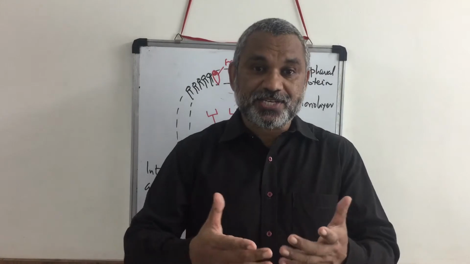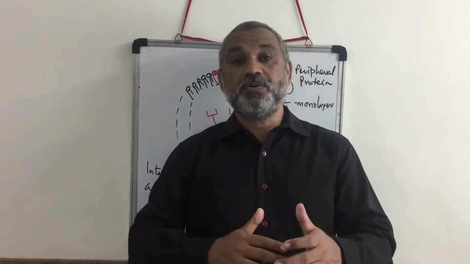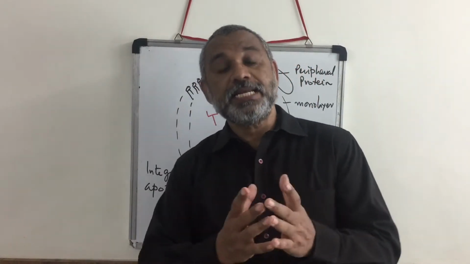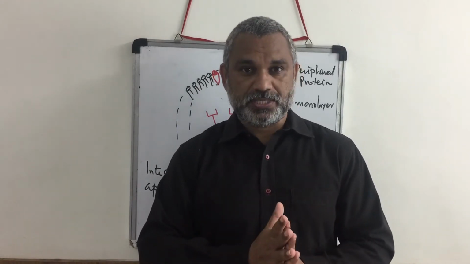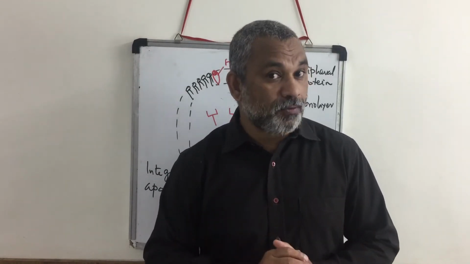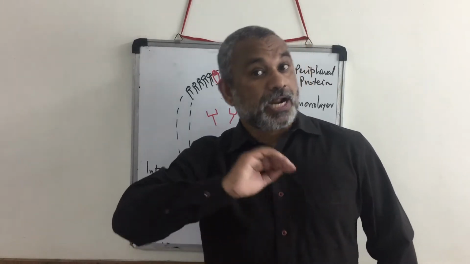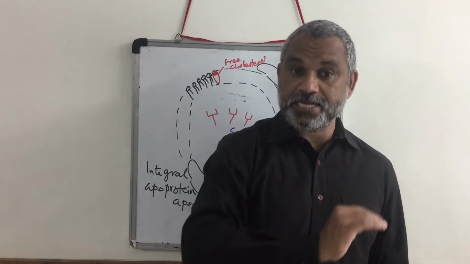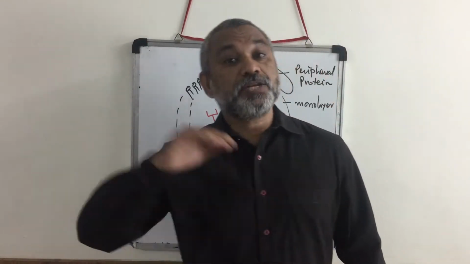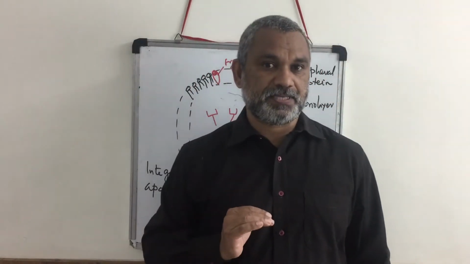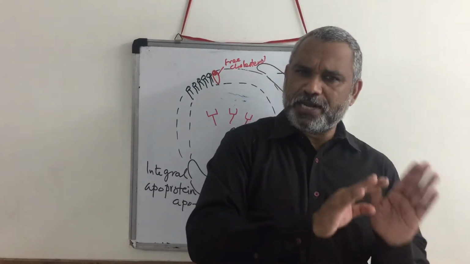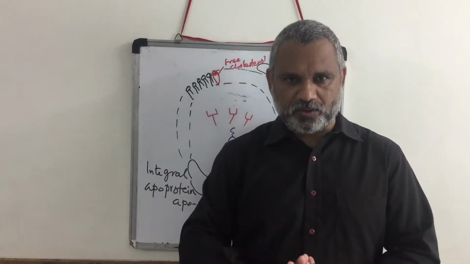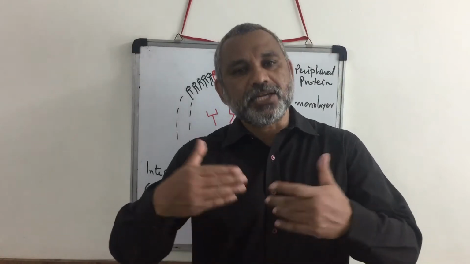When it is digested, it is absorbed, and then it is converted to chylomicrons. Why are chylomicrons formed? It is mainly for transportation, from where it is absorbed, that is in the intestine, to where it has to be transported for storage purposes. So first of all, let us look at the structure of chylomicrons, and we'll look at other topics related